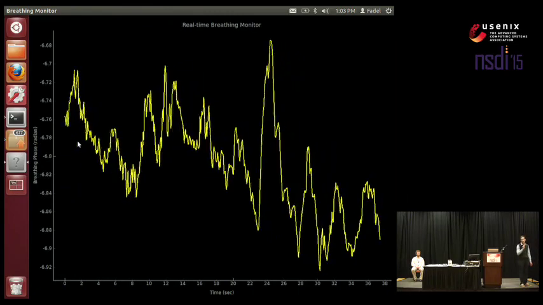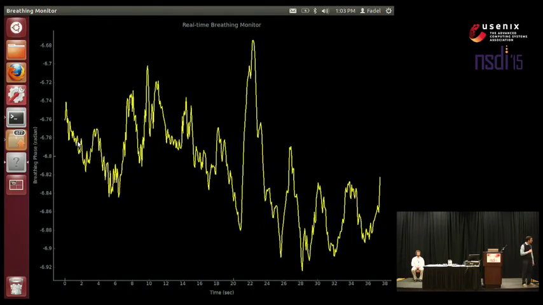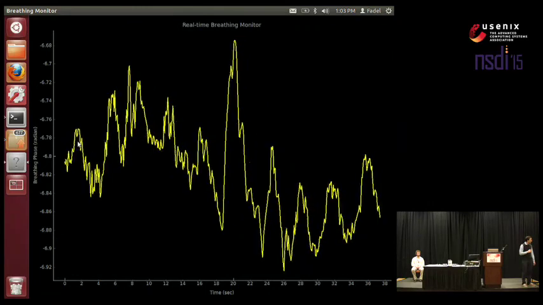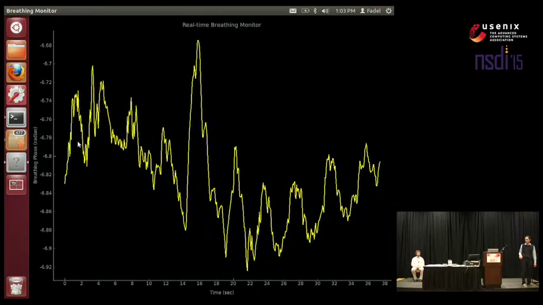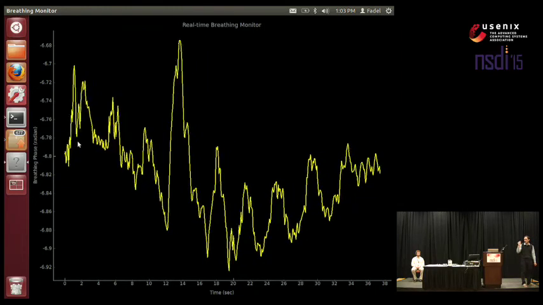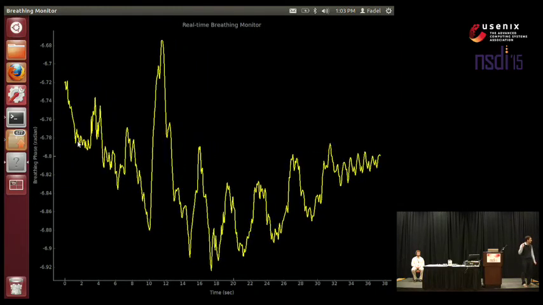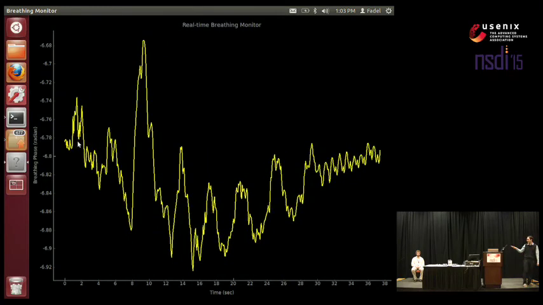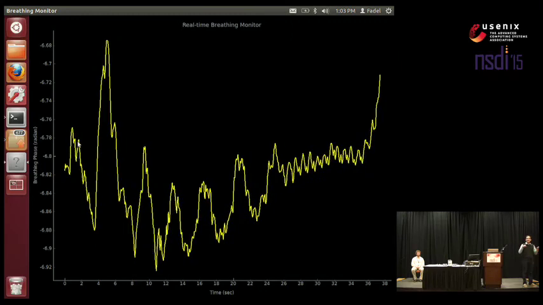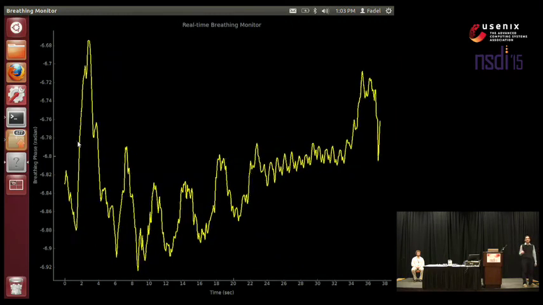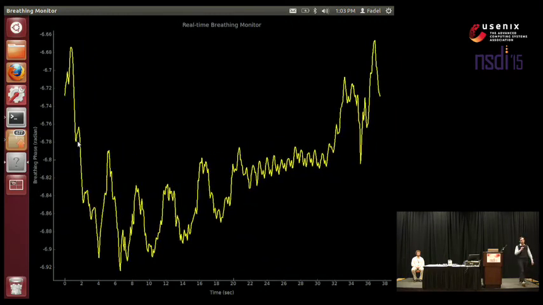And now I want to ask Zach to hold his breath. As you can see, when he holds his breath, we stop seeing these large variations. But we still see some minor variations. And these are actually due to his heartbeats. Zach, please release your breath. We want this to stay alive. And once he releases his breath, we are able to get this increase and decrease again. But this is not all we can do.